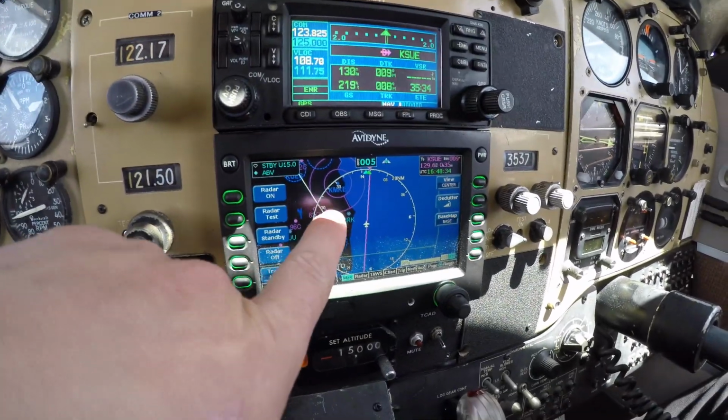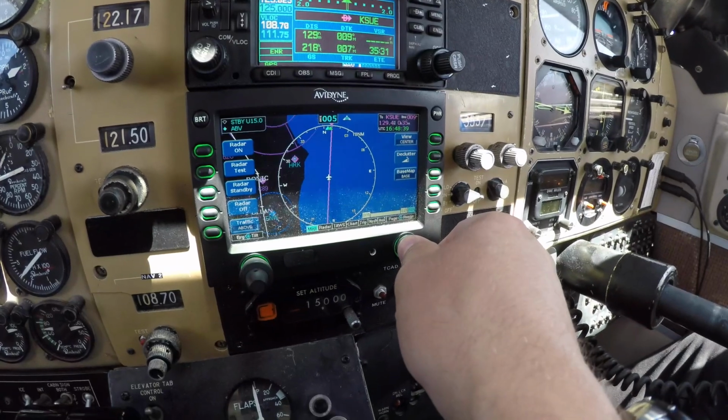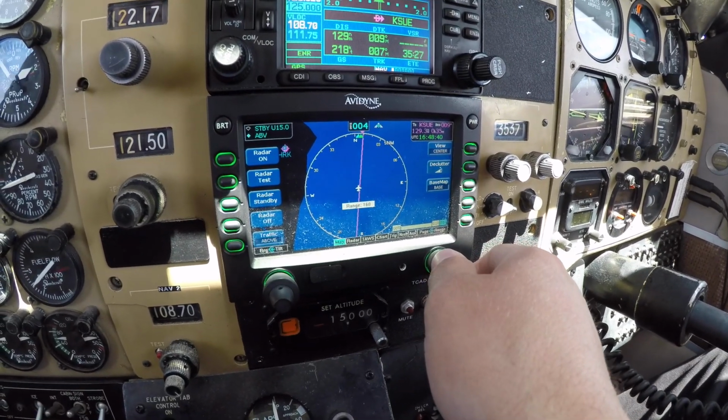As you can see right over here on the left, that's Milwaukee, and if we zoom out,